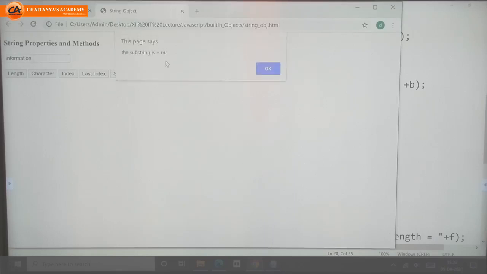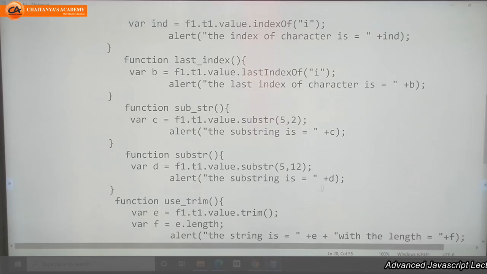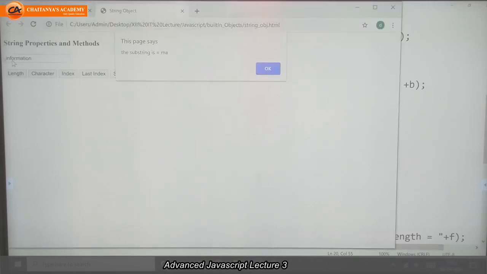Substr 5 comma 2, what have we given here? 5 comma 2, that is 0 1 2 3 4 5.